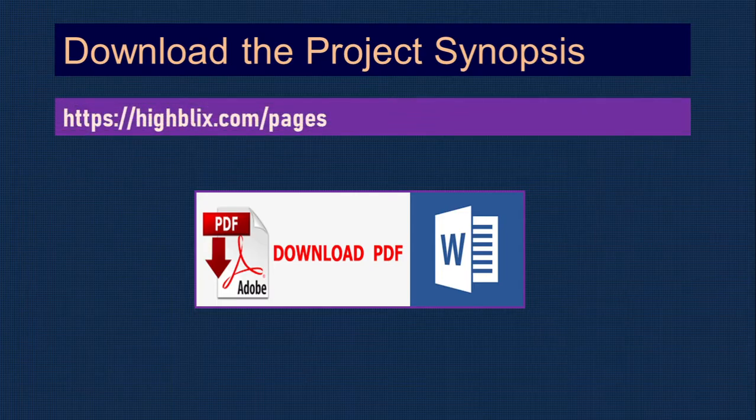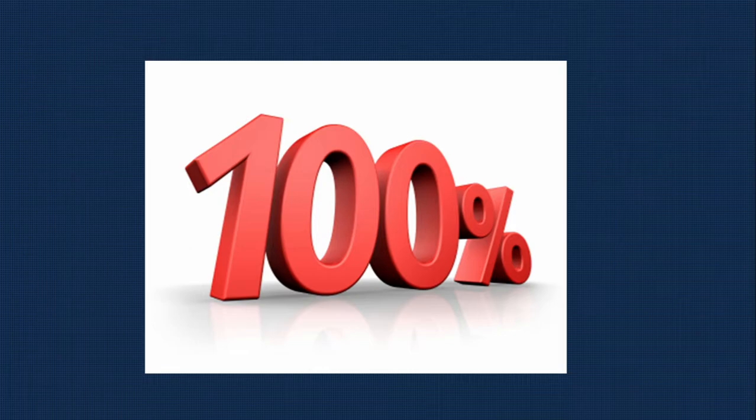You can always copy this content, paste it into your project and make small changes. You can download this particular project file from iblix.com/pages. We also give the exact location in the description, slash page 1050.htm, that is the corresponding page, and please check the description for the complete link. If you go to this page, you will find a lot of synopses. We listed all the synopses, so you can check if you are interested in any other synopsis also. This is 100% very useful for you.